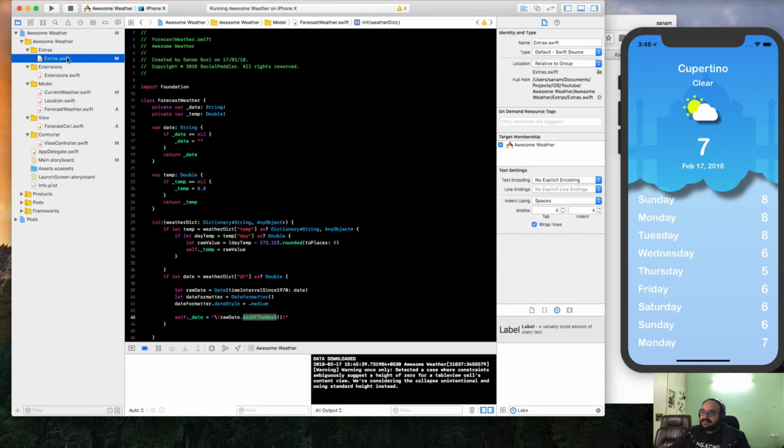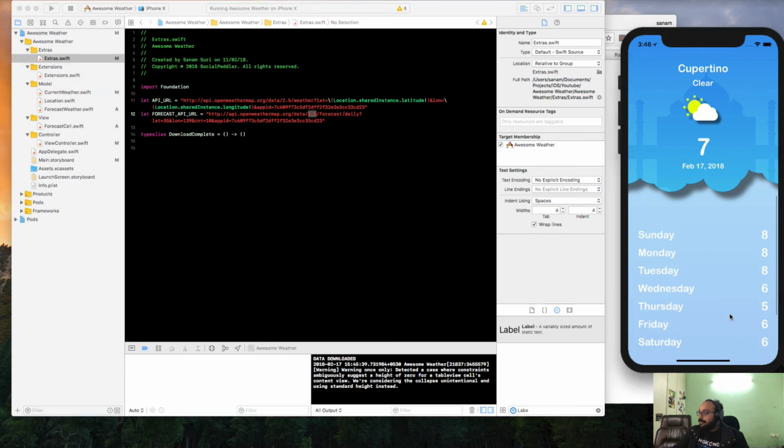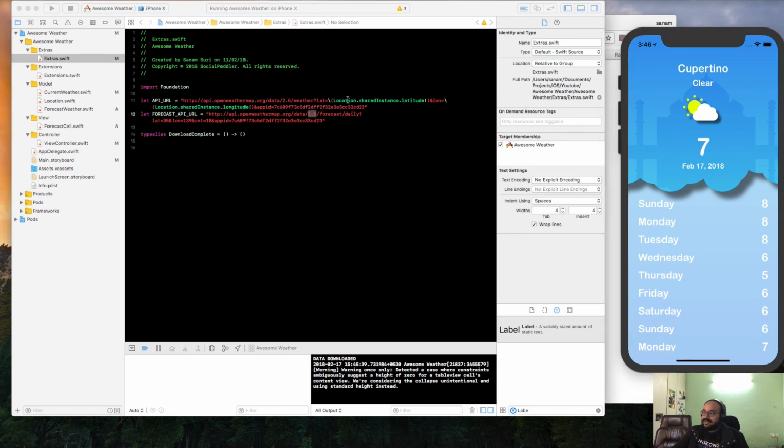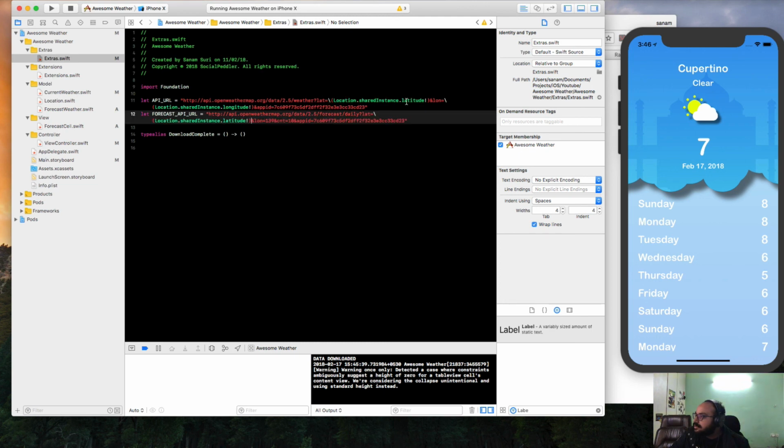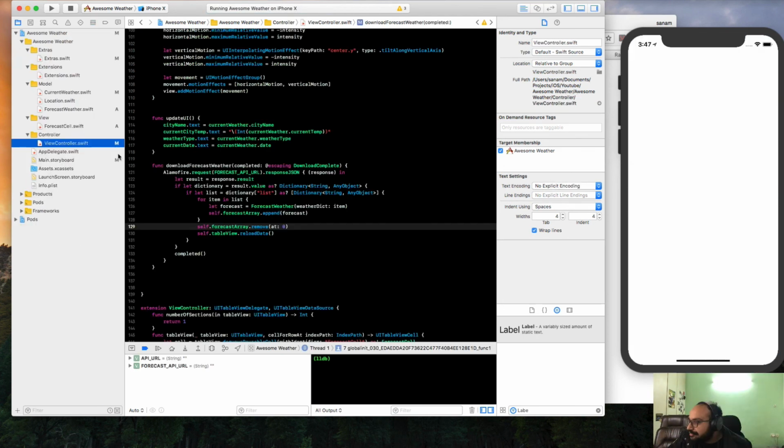You can go to our extras, and then right over here, also one more thing, this temperature is different because I just noticed that we are not using the current location. So let's also do this. So for latitude it's gonna be here, and the longitude is gonna be right over here. Let's try to run this, and it found nil because if we go to our view controller,